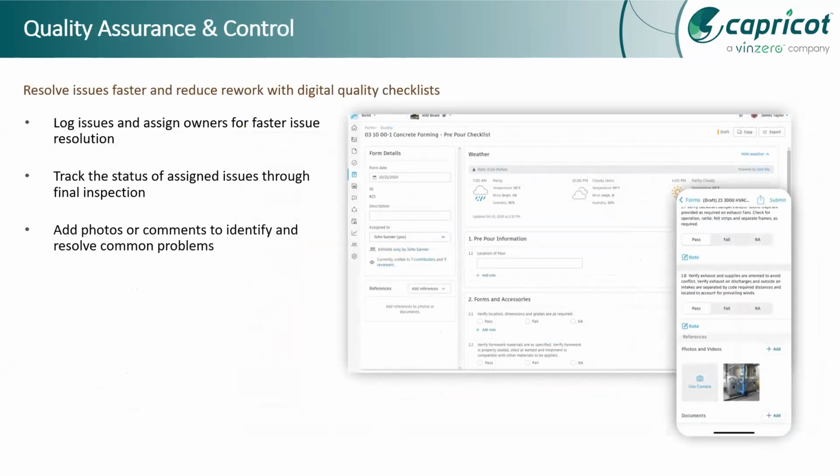We will now talk about quality assurance and control, how we can assure quality at site, for which I would now like to request Riddhi to take forward. Riddhi, over to you.